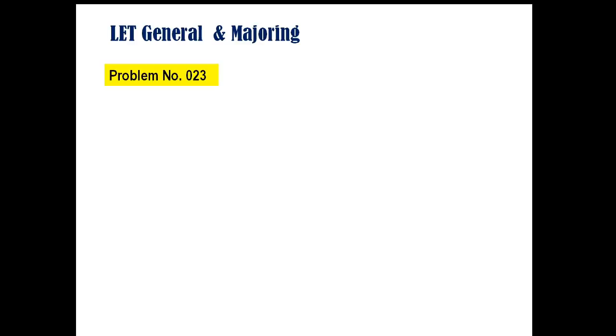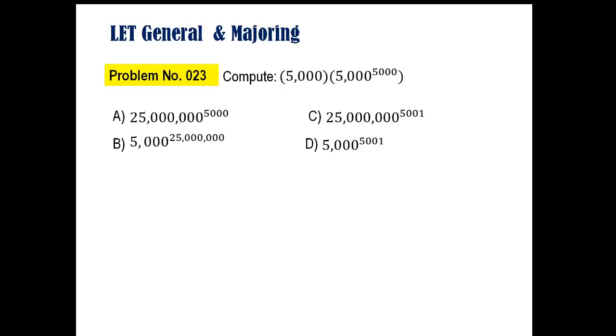Problem number 023. Compute 5,000 times 5,000 raised to 5,000. For the choices, letter A, 25 million raised to 5,000. B, 5,000 raised to 25 million. C, 25 million raised to 5,001. D, 5,000 raised to 5,001. For the solution,